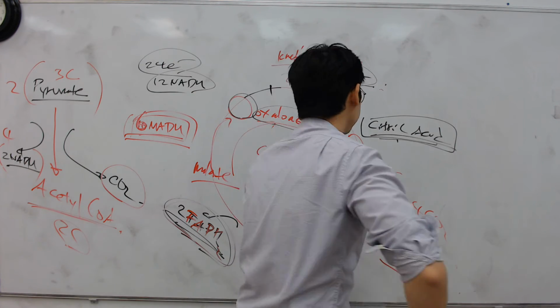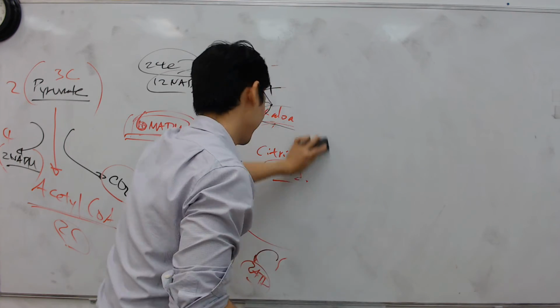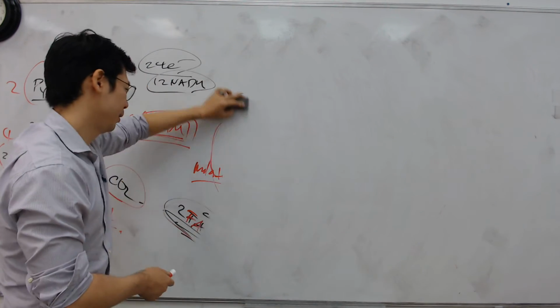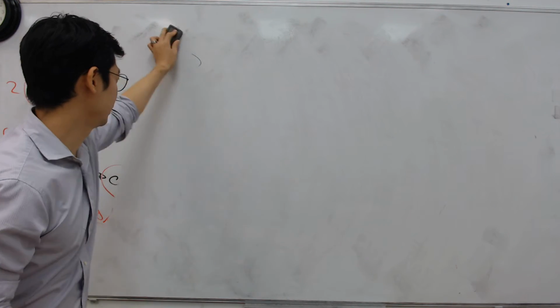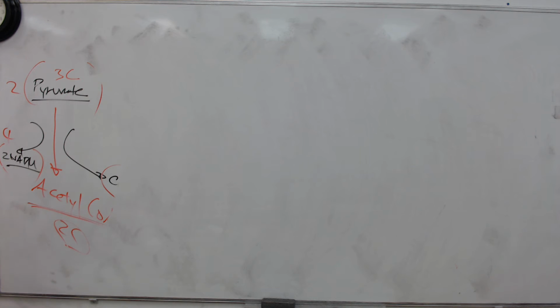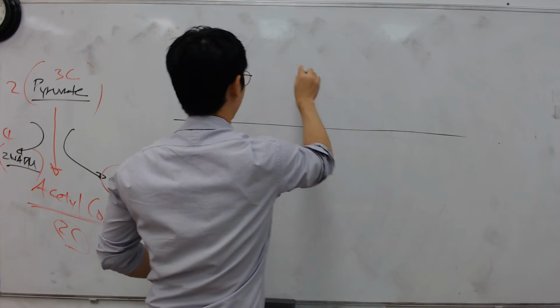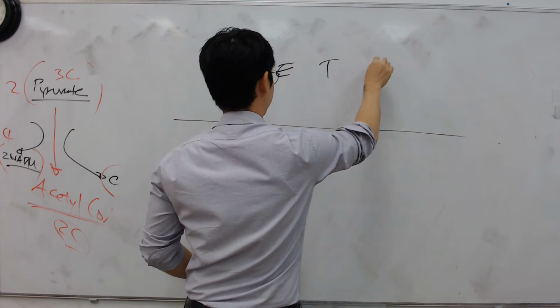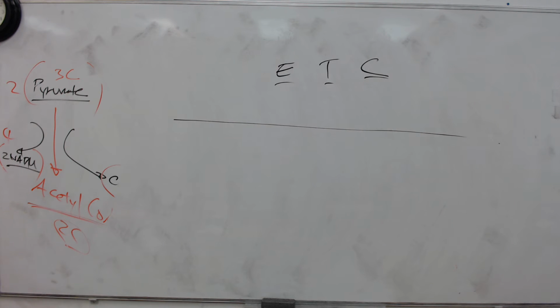So next is what they call, guys, they ask this a lot on AP, by the way. Not exactly like these things, but they ask a lot about this now, and you have to know exactly what to write on them. So this is, now guys, something we call the electron transport chain. Remember, electron transport chain. You gotta know this, ETC, electron transport chain.